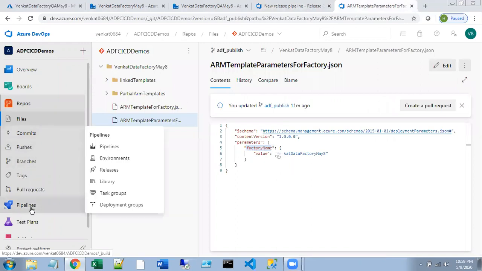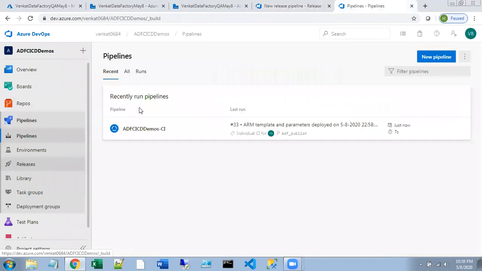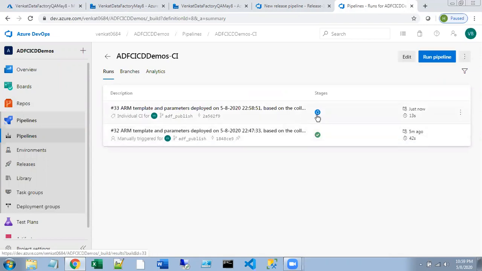Go to Azure Pipelines. This is the one. As we just created a new pipeline, automatically it got started, queuing and preparing the build. This is called continuous integration.